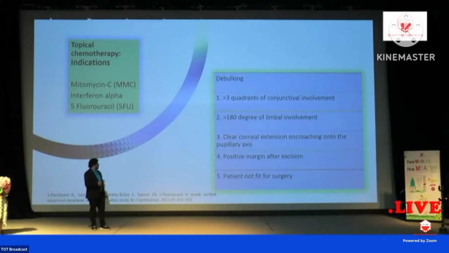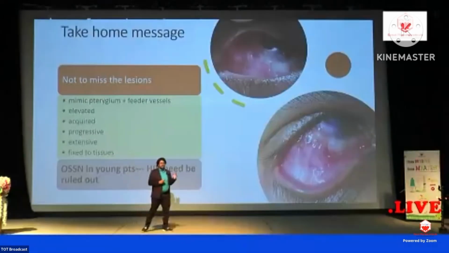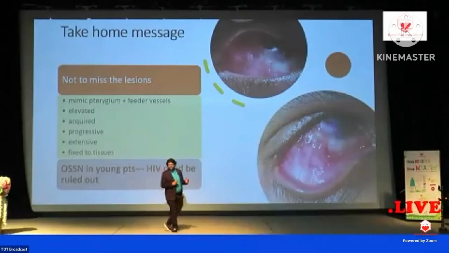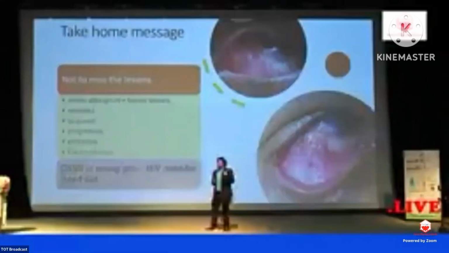A lesion which appears like a pterygium and has feeder vessels, and which is acquired, progressive, and fixed to tissues, should always be suspected of being an OSSN. And if there is OSSN in a young patient, always